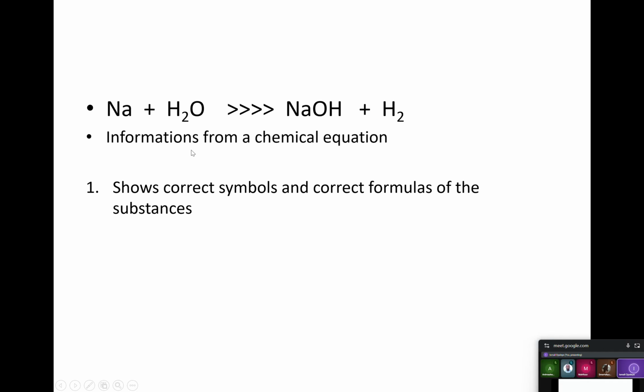So what information can you get from this chemical equation? Number one, it shows correct symbols and correct formulas of the substances. When you are given these in words, you must be able to tell us the correct symbol for sodium, which is Na. You must be able to give us the chemical formula for water, which is H2O. When you hear sodium hydroxide, you should know that sodium hydroxide is Na